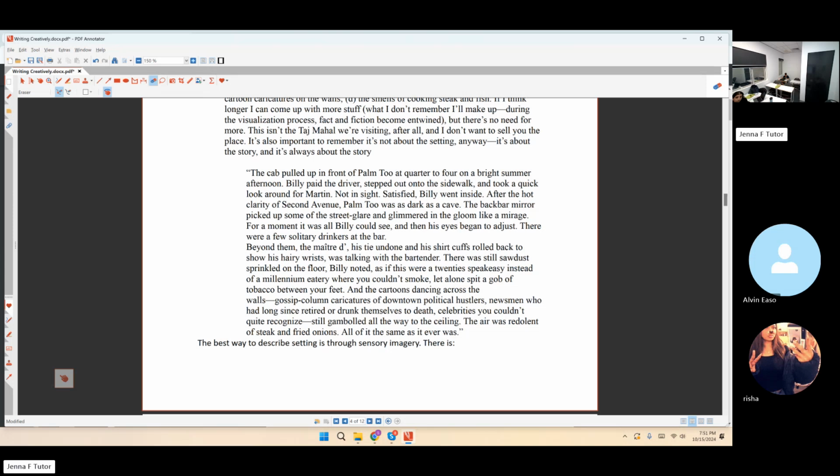The back bar mirror picked up some of the street glare and glimmered in the gloom like a mirage. For a moment, it was all Billy could see, and then his eyes began to adjust. There were a few solitary drinkers at the bar. Beyond them, the maitre d'.